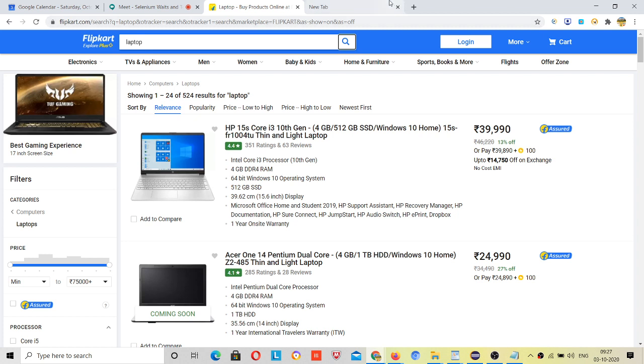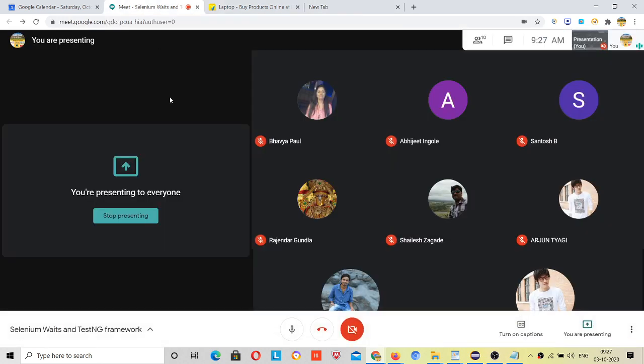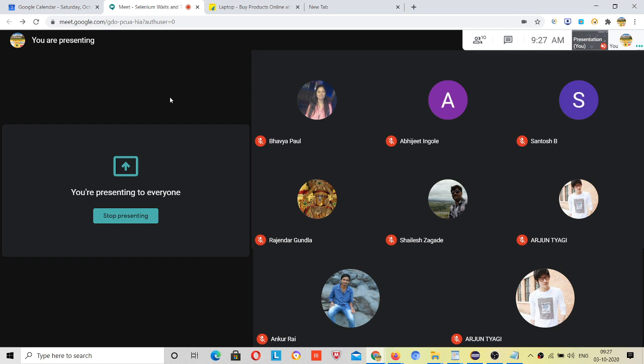So if anybody asks you that if implicit wait is so good that we can use it globally, then why go for explicit wait? Then you can say this is the problem and this is the solution, right? And if anybody asks why not use only explicit wait, because you have to apply it line by line, just like Thread.sleep in every line, so you can avoid code redundancy and get code reusability by using implicit wait.